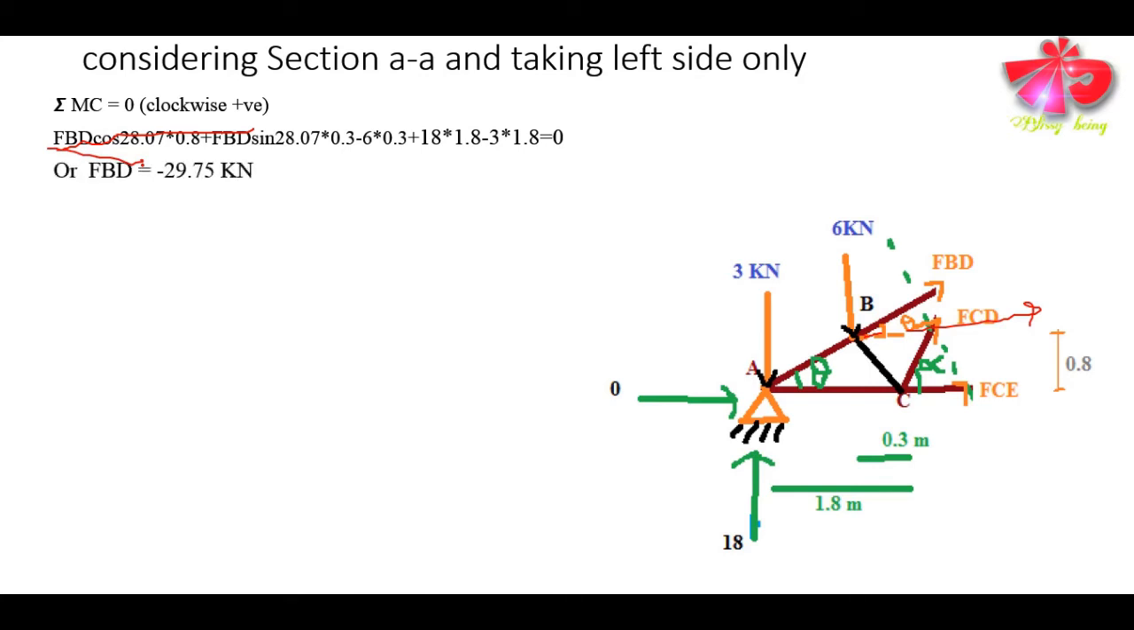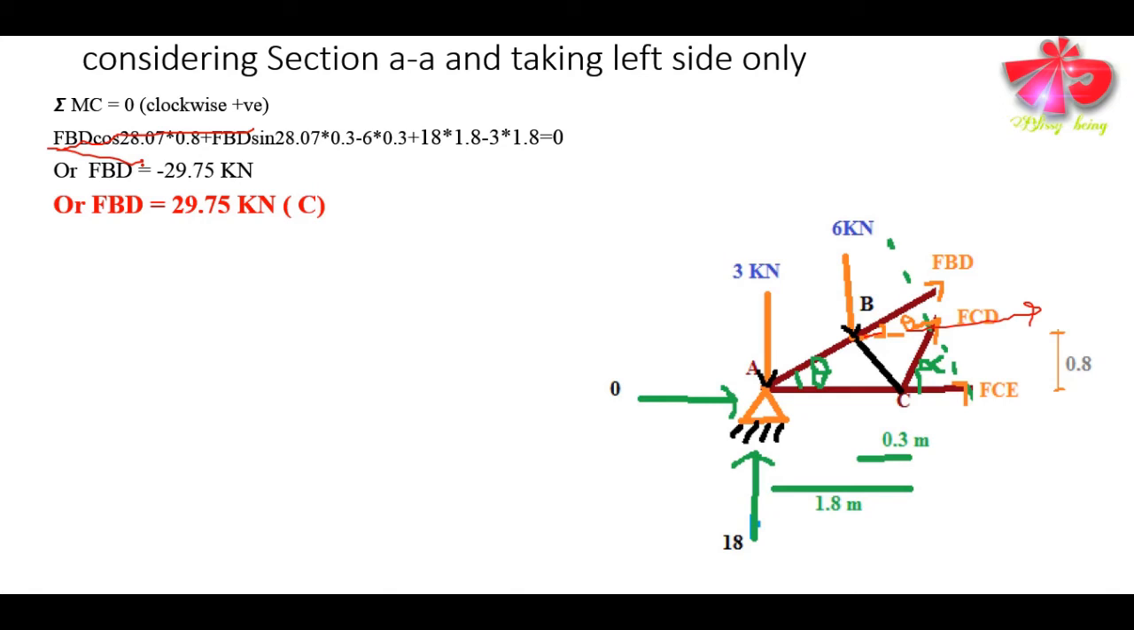So in this case, the force in the member BD can be computed as minus 29.75 kilonewton, and it is the compressive force. So the amount of compressive force existing in the member BD is 29.75 kilonewton. That is the compressive force existing in this member BD. Likewise,